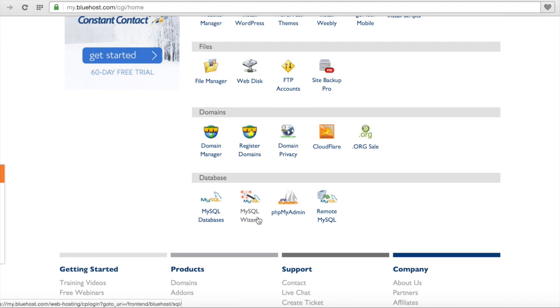Scroll down and you'll be shown the database section here, which has MySQL databases, MySQL Wizard, phpMyAdmin, remote MySQL. For today's tutorial, we will deal with the MySQL databases and the phpMyAdmin selection. So let's go ahead and click MySQL databases,